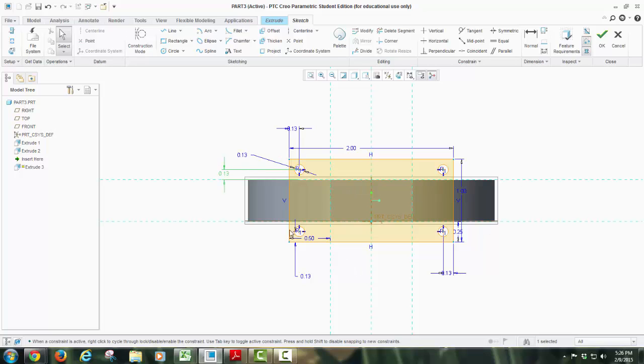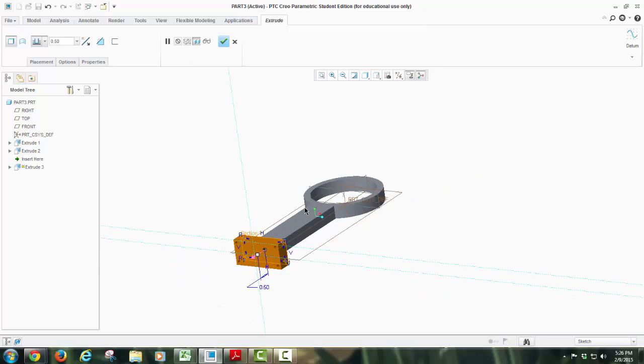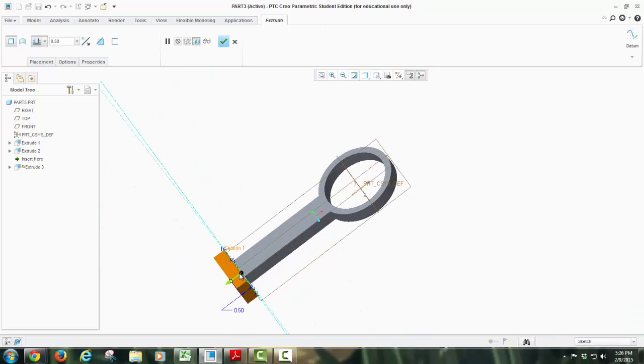So now I've centered each of my small little circles, and I'm going to click OK at my sketch, and then I'm going to give my sketch some depth. In this case, I want the depth to be 0.5, but I want to make sure that the depth is oriented in the right direction, because I don't want it to go into my previous parts. I want it to be out. So make sure that the direction is oriented properly, and if it is, then go